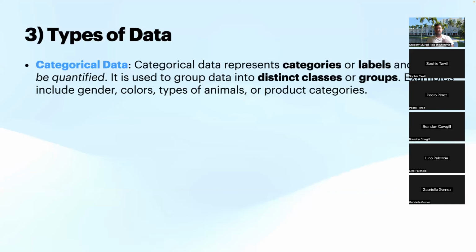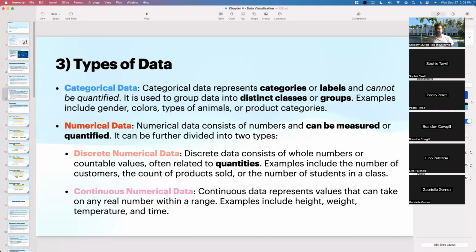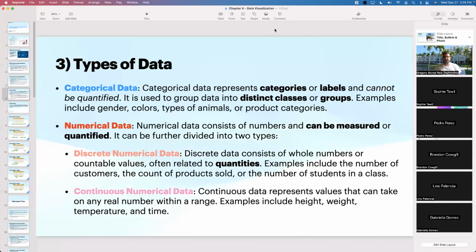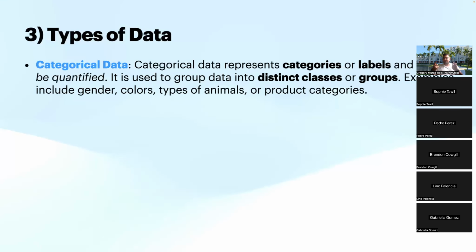It's not easy to count or quantify those values, because they are simple labels, the name of something or a category. So it's easy to group them, and it's used to create distinct classes. Some simple examples are gender, colors, types of animals, species, product categories, and different sorts of